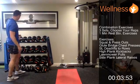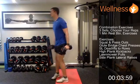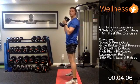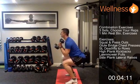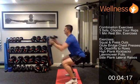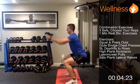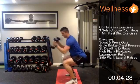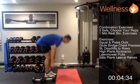It's not a lot of rest for round one. I'm going to switch to the 2 dumbbells for round 2. So let's get going into round 2. So drop down, straight out, and up. Out, down, out, up. Down, out, up. Down, out, up. Notice how my back's nice and straight while I'm doing this. 7, 9, 10. And I'll stick with the dumbbells for round 3 just so you can see them